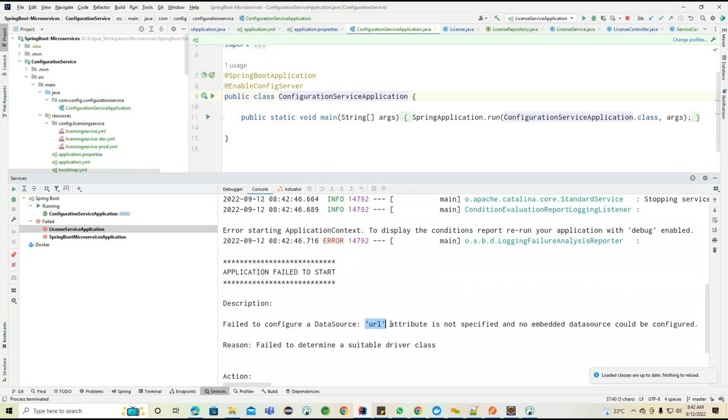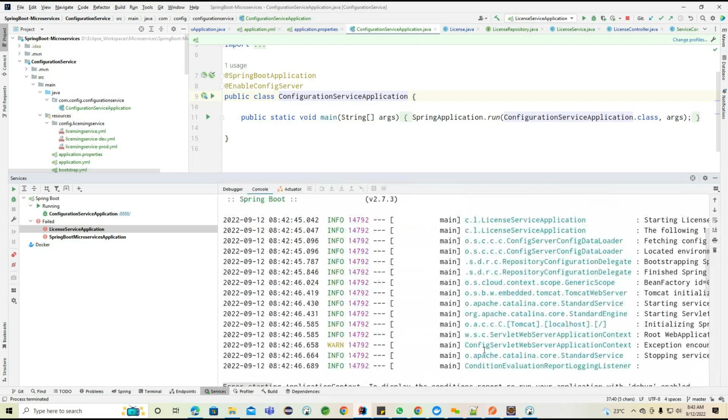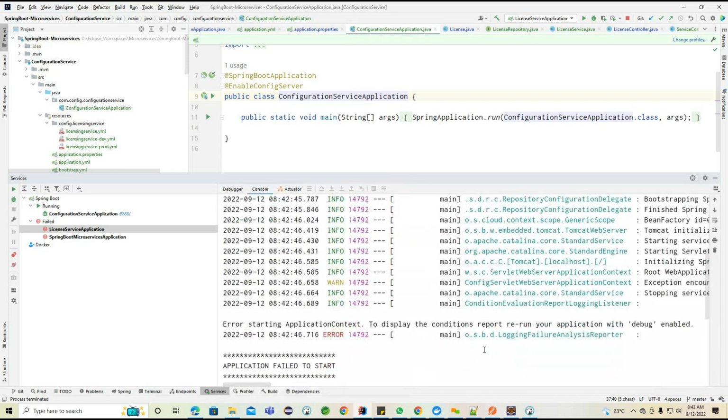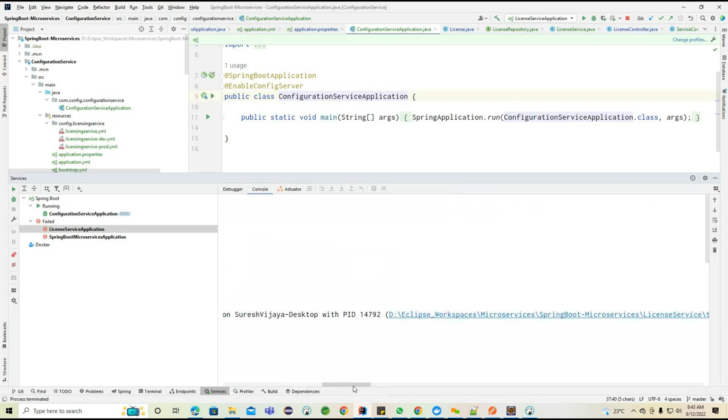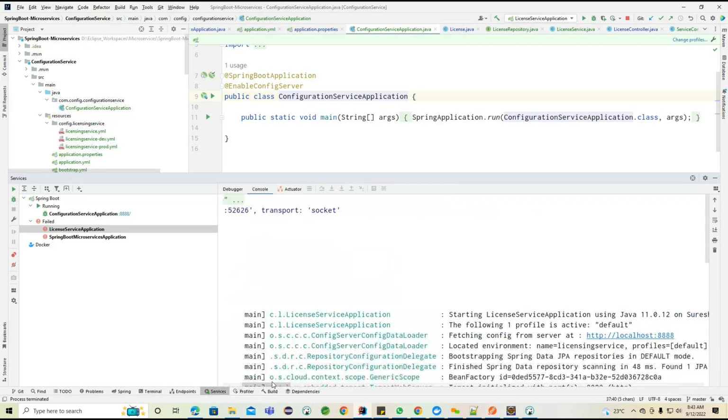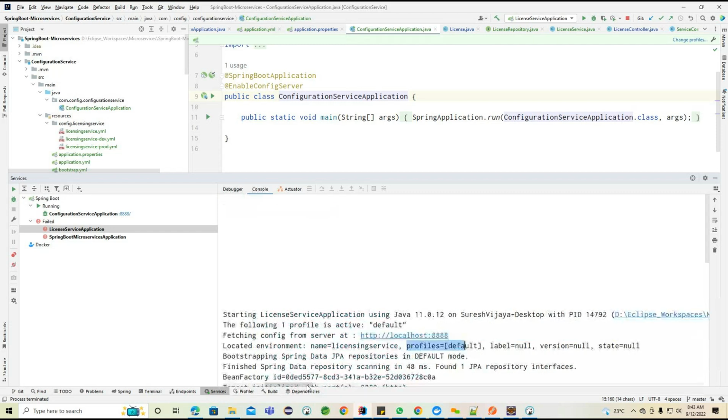Okay, so URL, it is not loading. Failed to configure the database URL. Attribute is not specified and no embedded data source. Basically, this information we are trying to load from the configuration service. So maybe this one is not loading properly. License service and fetching from the configuration service, it's trying to load successfully. Profile is set to default. Okay, if it is default,